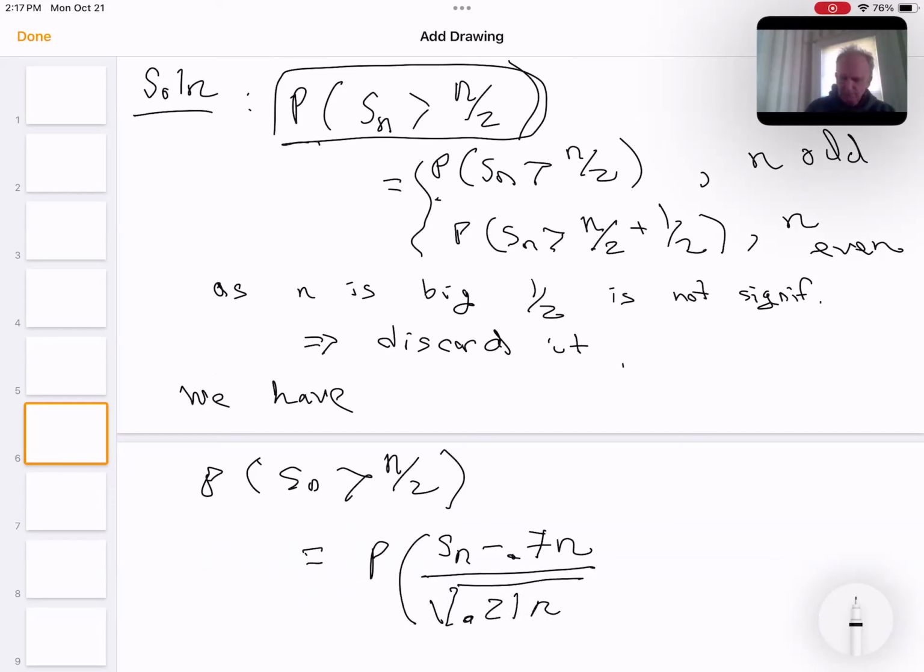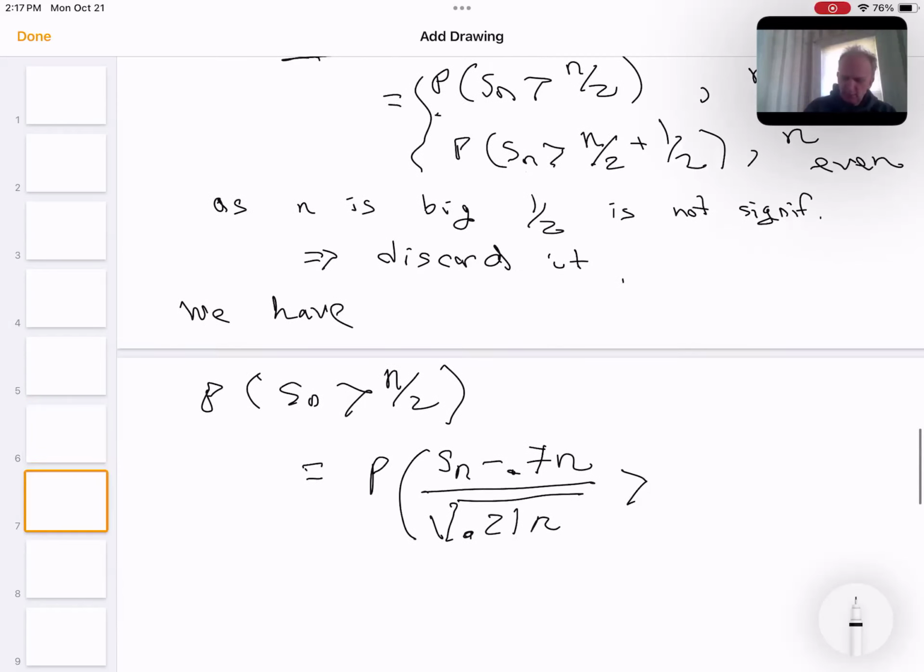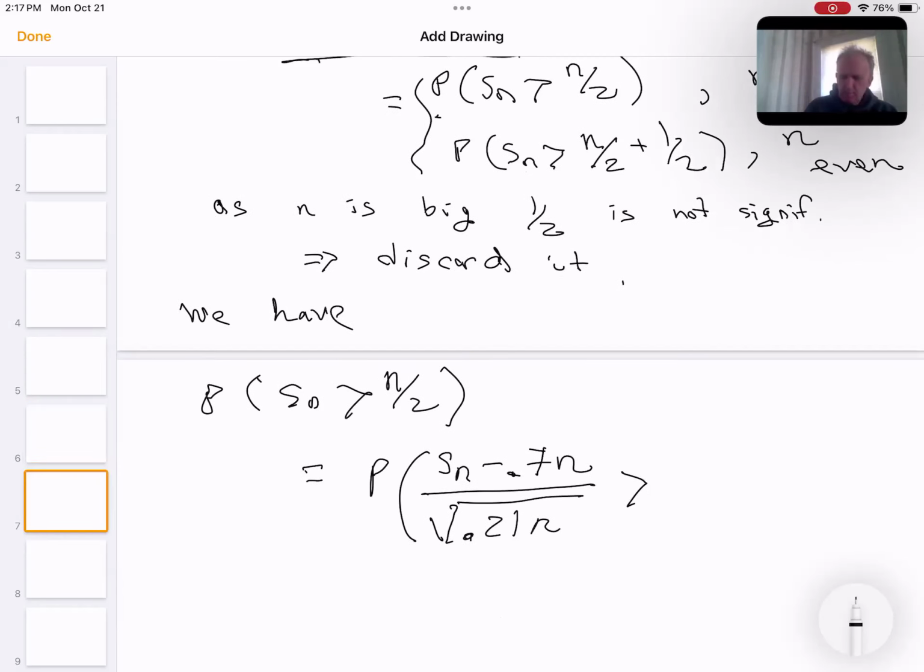I think 0.7 times 0.3 times n is 0.21n. This is greater than the right side minus 0.2n, right? That gives 0.5 minus 0.7 over the square root of